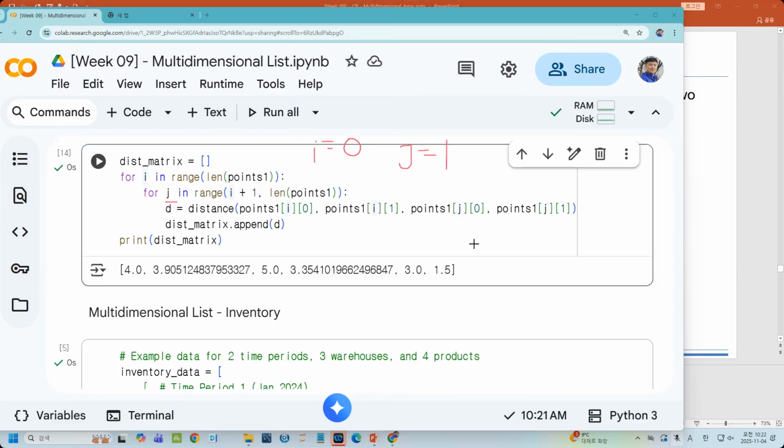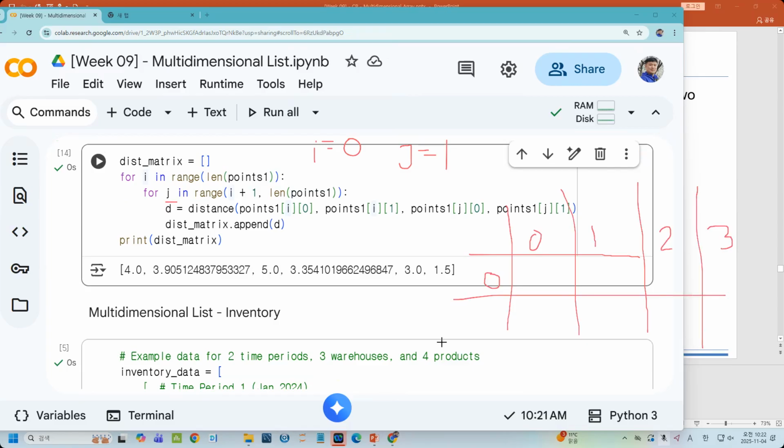Okay, so it means I will have a kind of matrix like this one: 0, 0, 1, 2, 3, and the value will be 0 and 1, it is 4, and then 3.9, it is here,